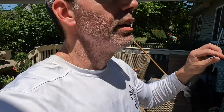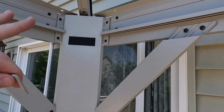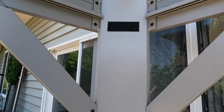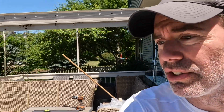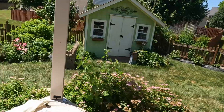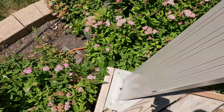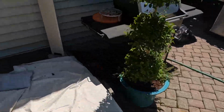Okay, another tip. If you're finding that as you're putting screws in, things aren't lining up right, in terms of the screw holes and what you're trying to put in, a lot of times it's most likely because your whole setup is not square. To square it, you really need to start with, like I did here. I can't remember which corner I started with, one of these. I started with a corner here, screwed that down, and the deck is square,